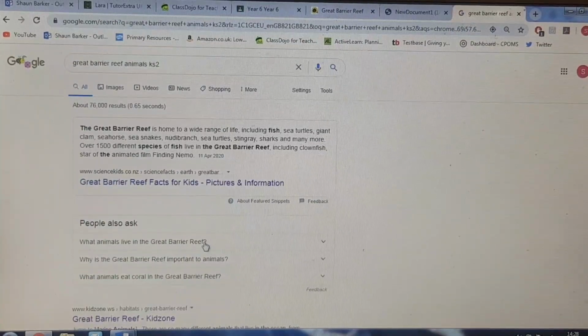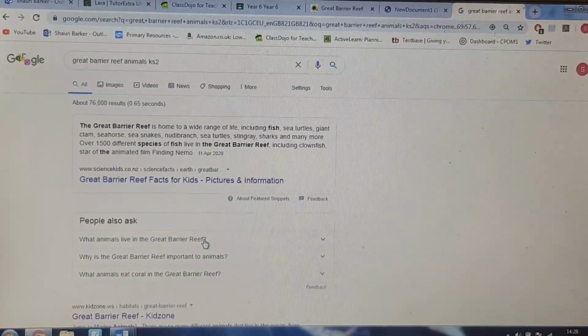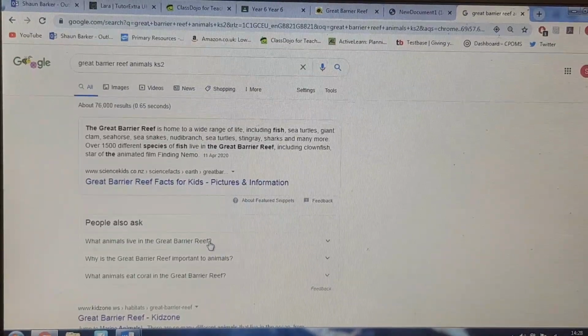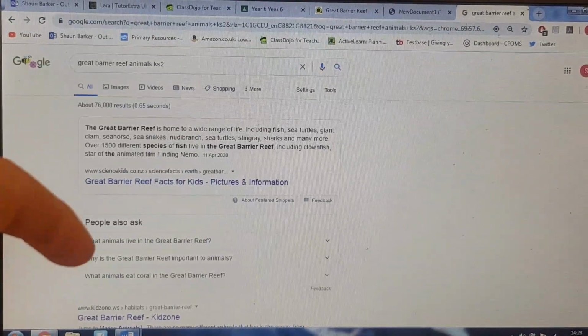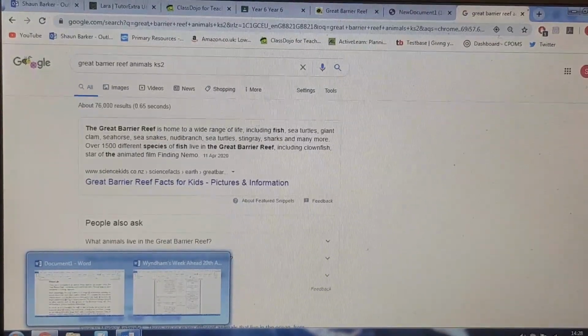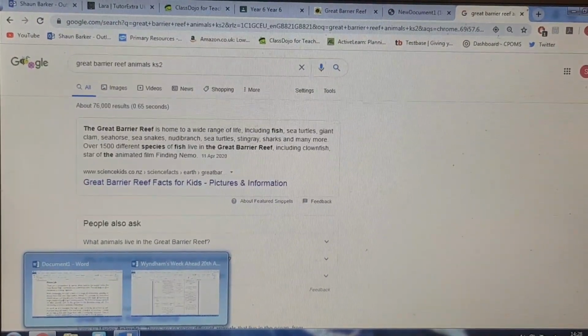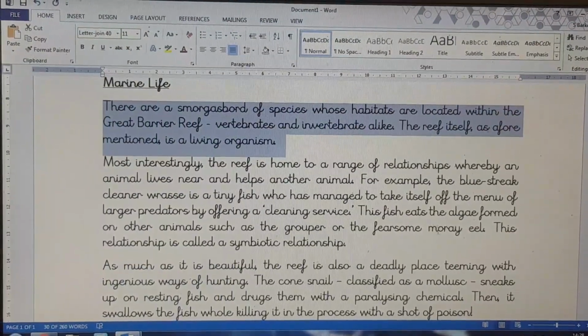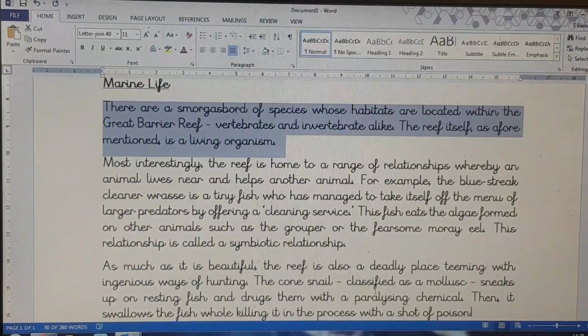All right, good luck with it. Post your pictures on Google Classroom. It's looking really good so far. Some really good attempts at the introductions, and people who have posted their research on there as well. That's looking fantastic. I'm glad you got your teeth involved in this project because it's going to look amazing by the end of it. Remember, if you really want to spice things up, you could draw and use captions and